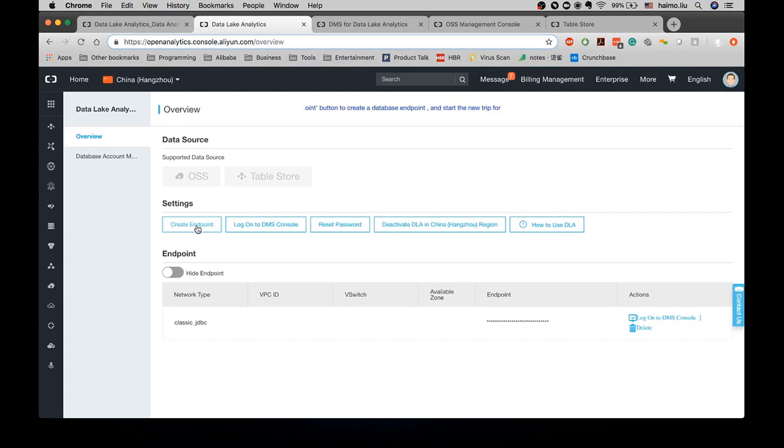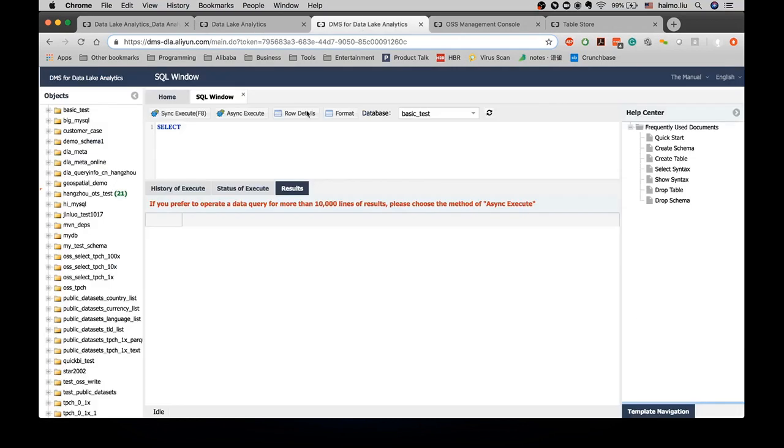So when I click this endpoint, I'll be able to create the connection endpoint using either a classic network or a virtual network, depending on what I need at that point. I'm not going to create a new endpoint, just use a previous endpoint that I created before. Let's show the endpoint connectivity information. With that connection string, I'll be able to connect to that endpoint. I'll click this log on to DMS console, and that should bring up this user interface